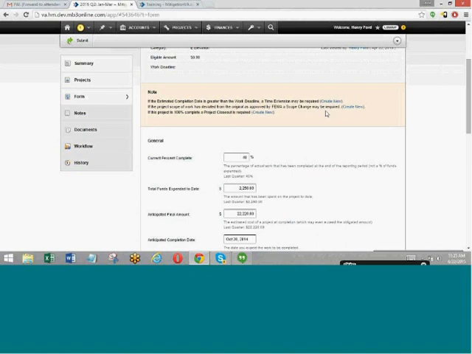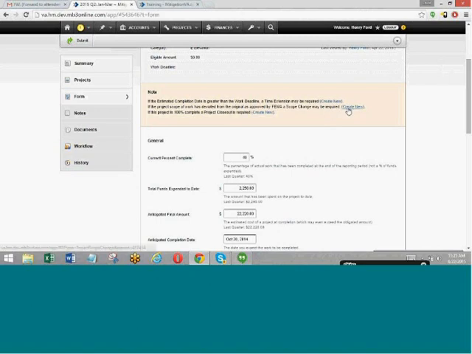If either the scope of work has deviated, maybe you want to substitute a worksheet location, maybe you want to change some budget line items, or maybe there's a cost overrun or something, for some reason there's a change to the project, at that point you need to submit a scope change request.